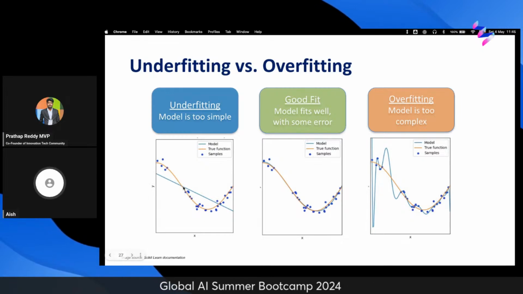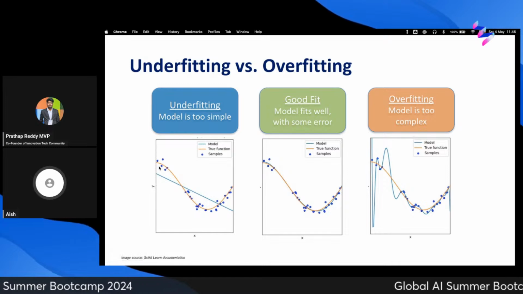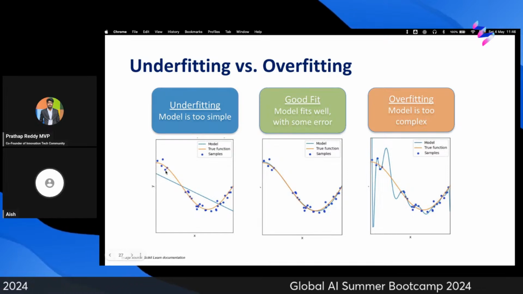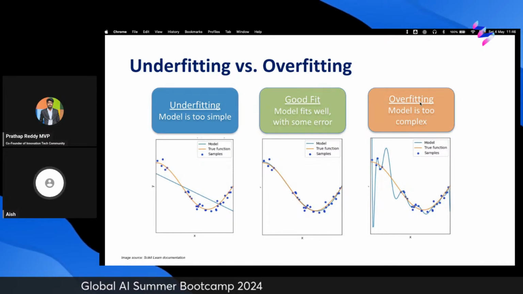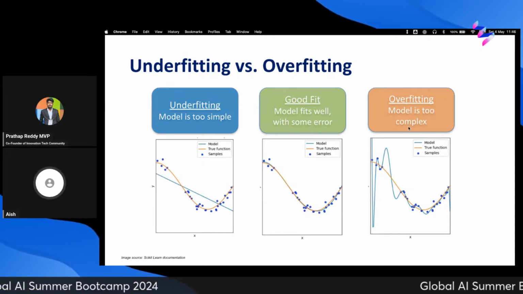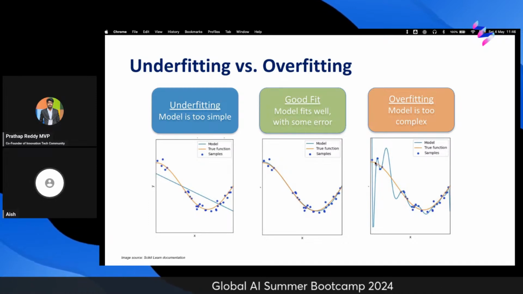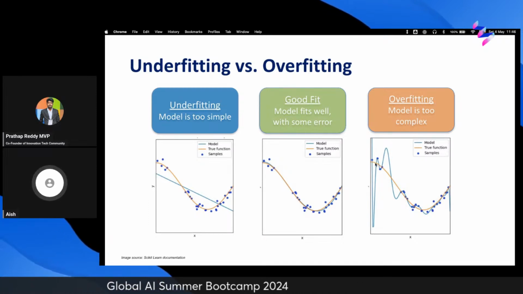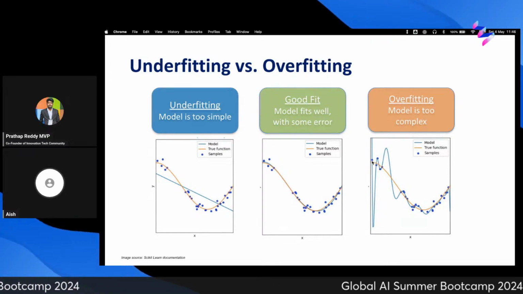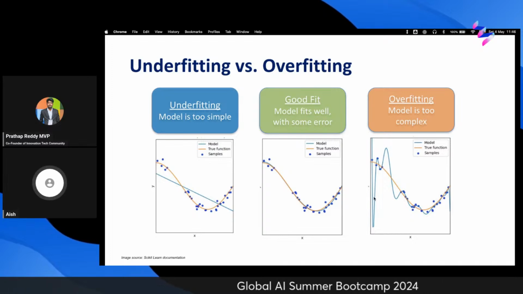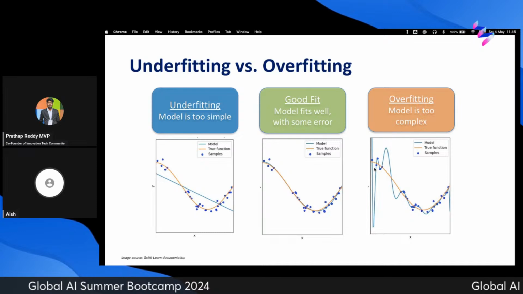I'm predicting that everything is linear, whereas that's not really true because my true function looked something like this curvy line over here. Now if you take a look at this overfitting example, what is happening is that it is being very strict and tight on all the sample values. So these are my real sample values, and it's saying that this function first starts from here, then it goes here, then here, then here. So it's all very tightly fitting.